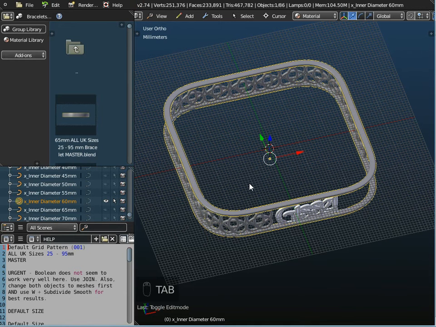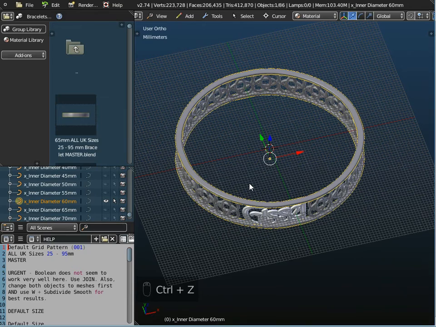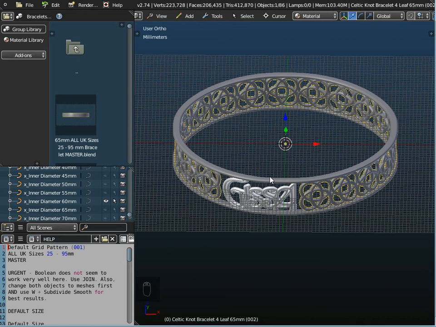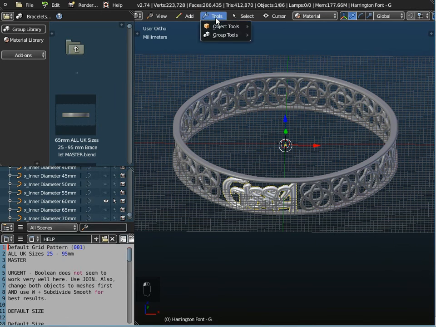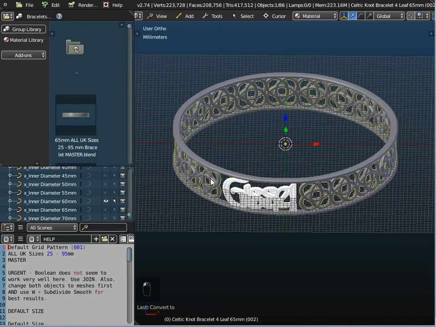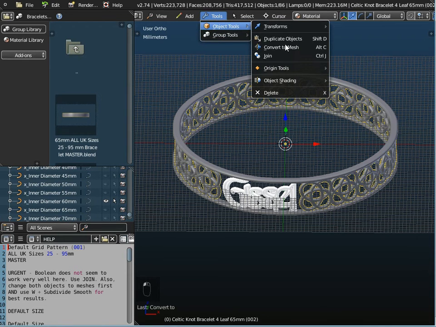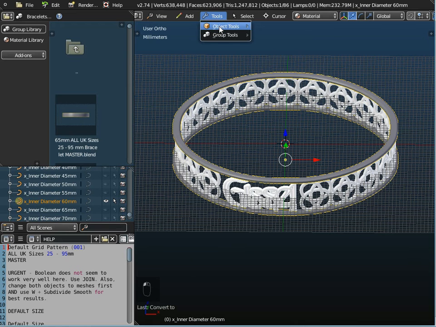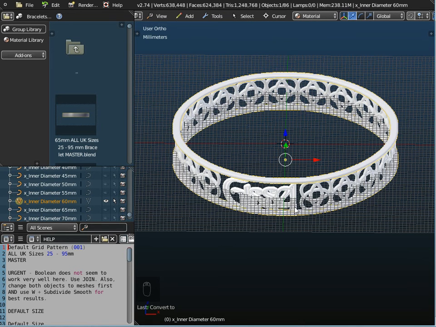Now I don't actually want to do that, so I'll just do Control Z and Control Z to undo that. What I want to do is to save this as a round bracelet. So if I highlight Giselle first of all and go to Tools, Object Tools and convert that to a mesh. If I highlight the Celtic knot and go to Tools, Object Tools and convert that to a mesh, and then if I highlight the rim of the bracelet and go to Tools, Object Tools and convert that to a mesh,